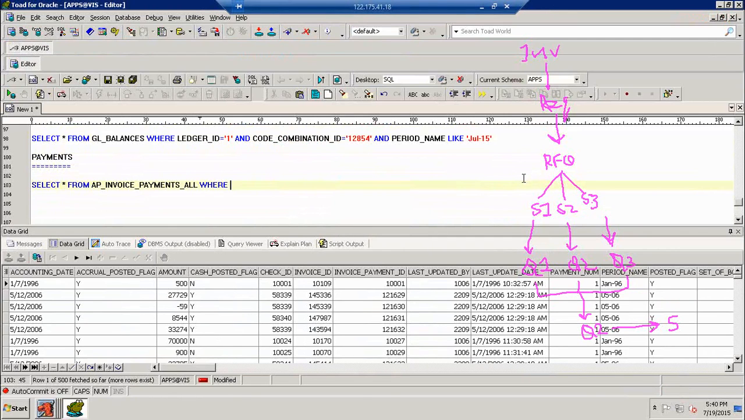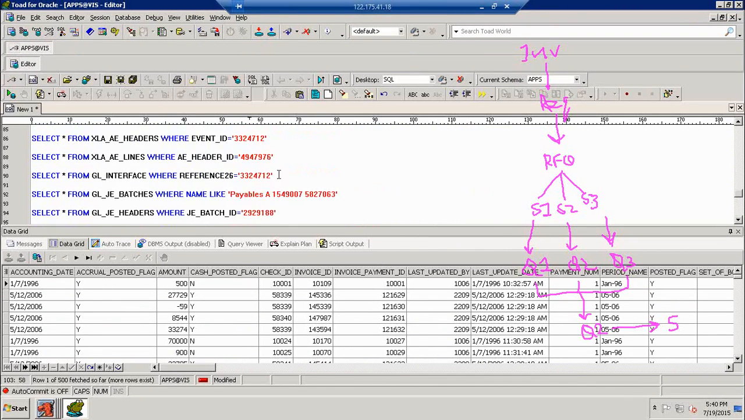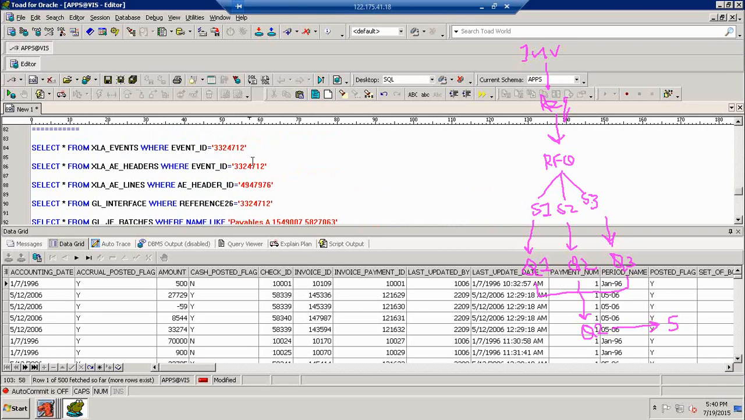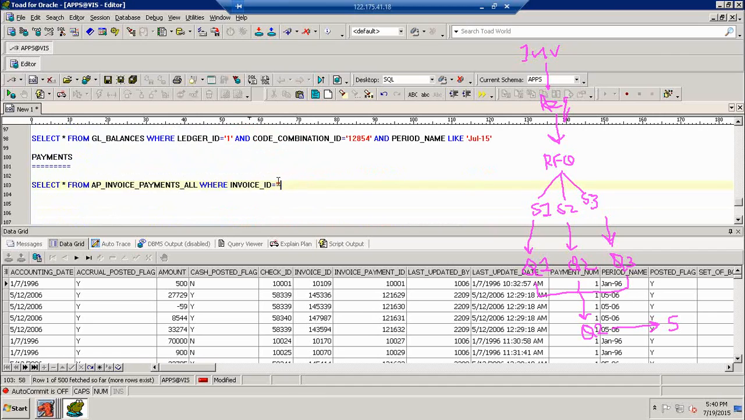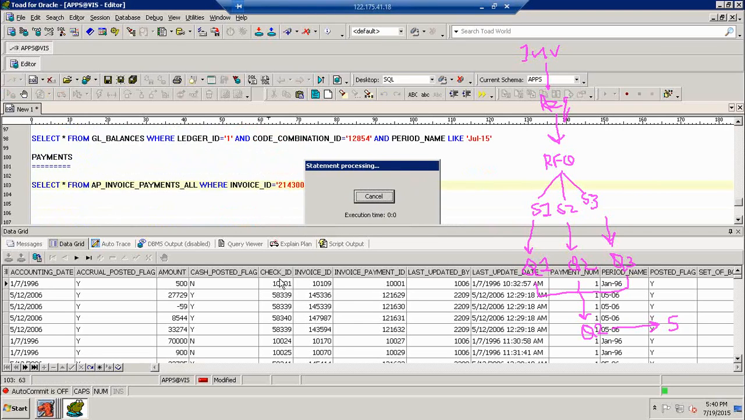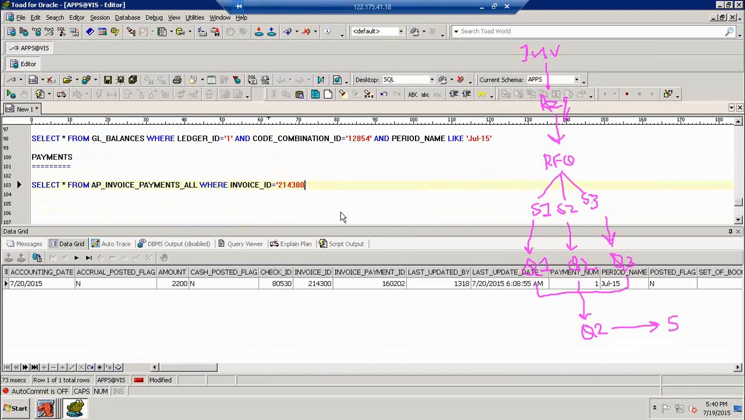Then here we want to give the invoice ID. What is the invoice ID? 214300. So what is the invoice amount? 2000. And also we have a chance for multiple payments. So if you go for multiple payments, that information